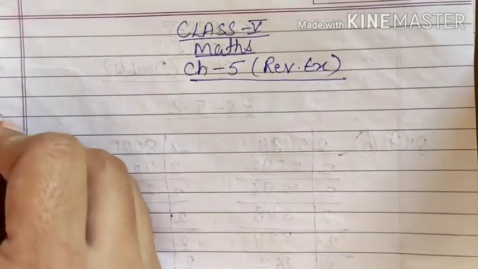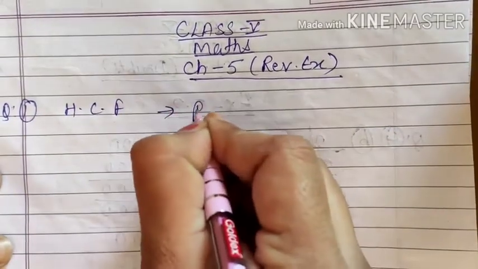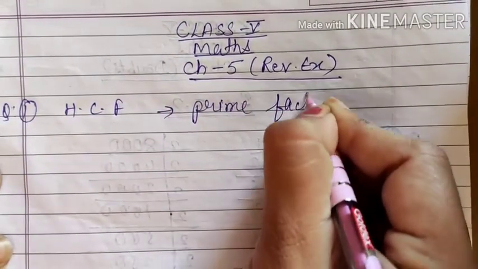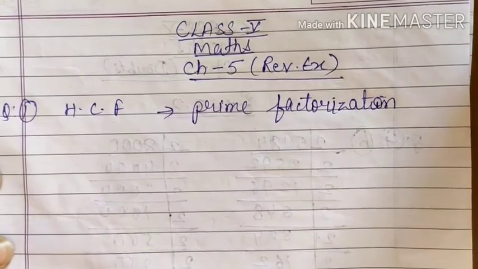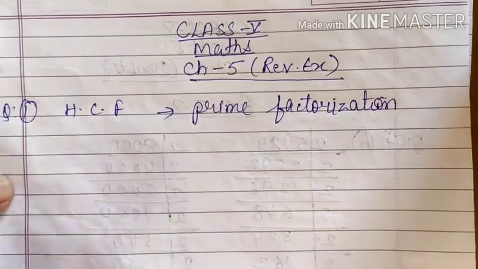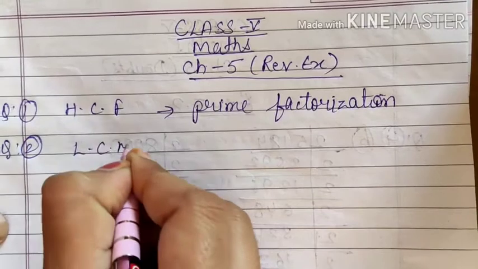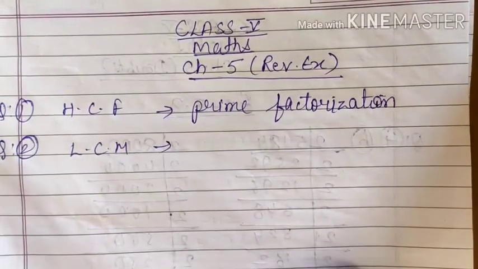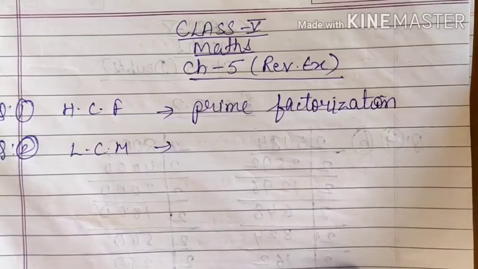In the revision exercise, in question number 1, you have to find out HCF by the prime factorization method. So this you have already done. I will not help anything in that. You will do it by yourself. You know how to find HCF by prime factorization method. Two questions are there, and in question number 2 you have to find out LCM. Here any specific method is not given, but still we use the common division method to find out the LCM. So here we will have to find out LCM for 3 numbers. 4 questions are there. This also you will do by yourself.